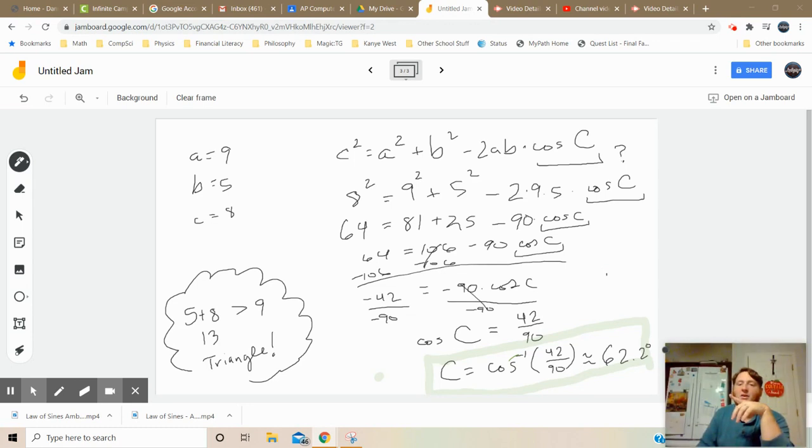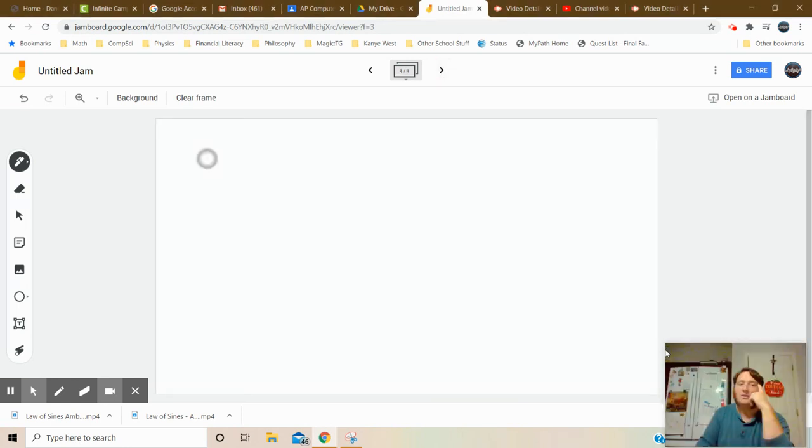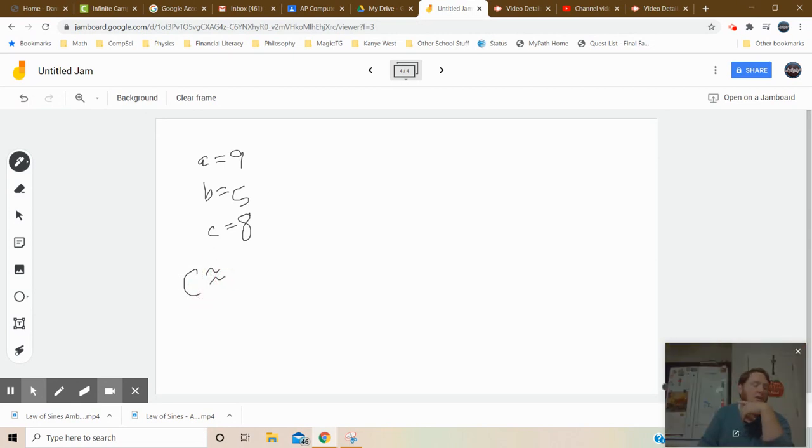If we needed to know all three angles, we would use the information that we just had. B was, I feel like B was 5 and C was 8. Yep. Again, I'm sorry that this is flashing for you all. That's probably going to be annoying. And we figured out that angle C was approximately 62.2 degrees, if you needed one decimal place. If we needed two decimal places, we would use 1/8. So we can use law of sines